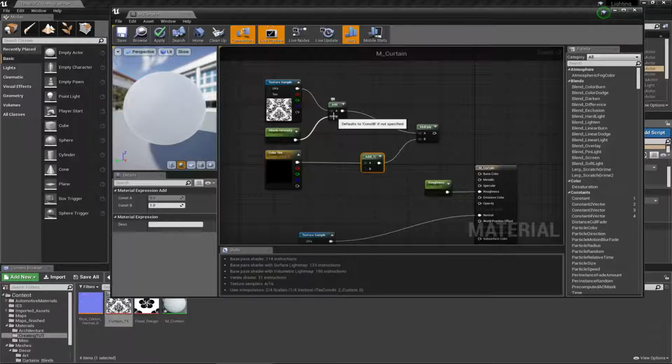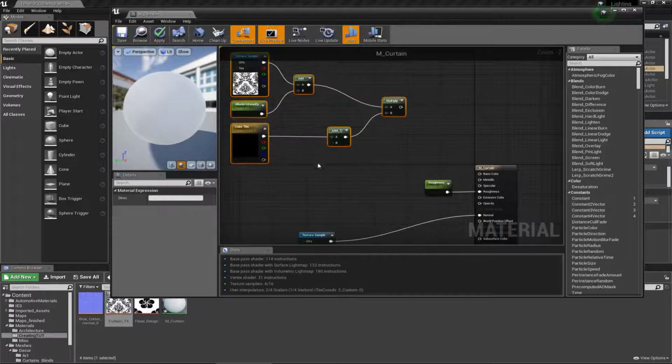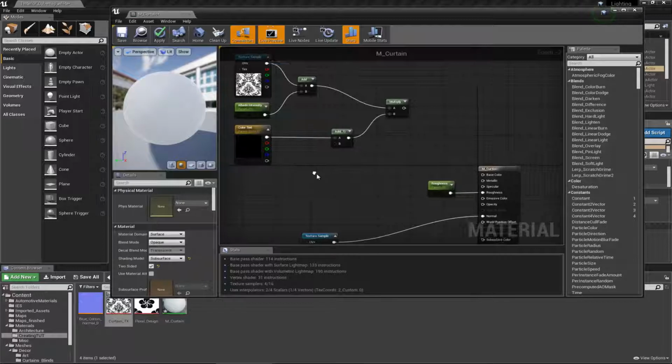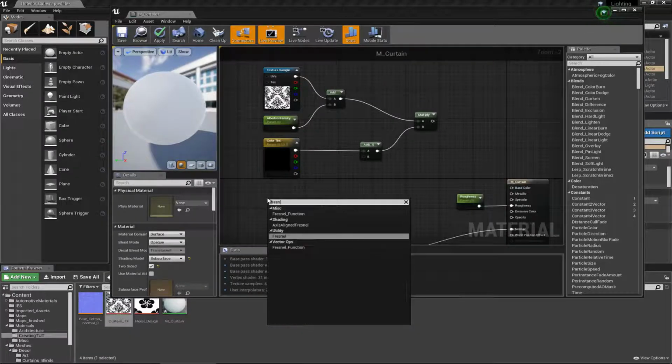Now the input B here, I would like to add something that is going to help drive the realism of this entire shader, and that is Fresnel. Fresnel, as you might know if you're using 3ds Max, is the angle of the light that is going to be visible when it's passing through. So in this case, I want to set up the Fresnel, and it's not really that complicated. So you go and click in Fresnel,